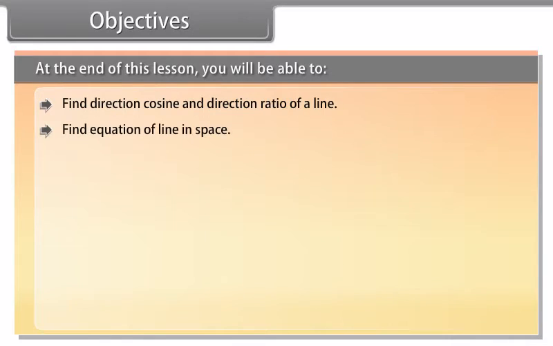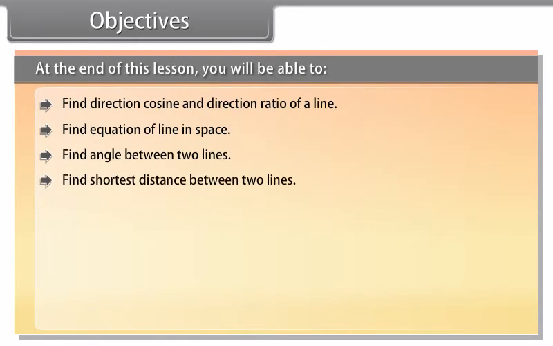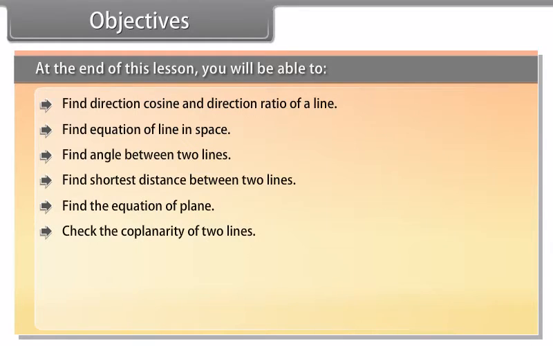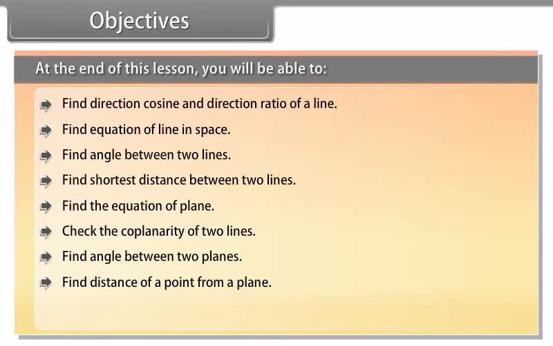Objectives. At the end of this lesson, you'll be able to find direction cosine and direction ratio of a line, find equation of line in space, find angle between two lines, find shortest distance between two lines, find the equation of a plane, check the coplanarity of two lines, find angle between two planes, find distance of a point from a